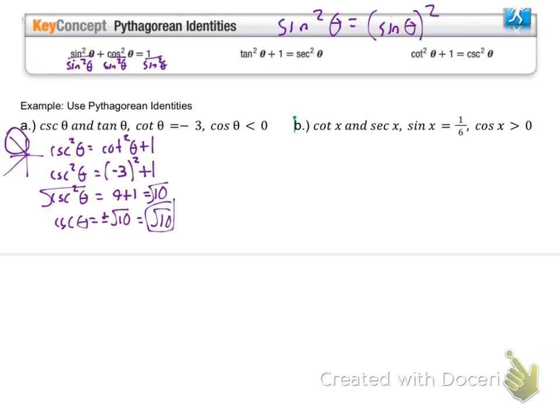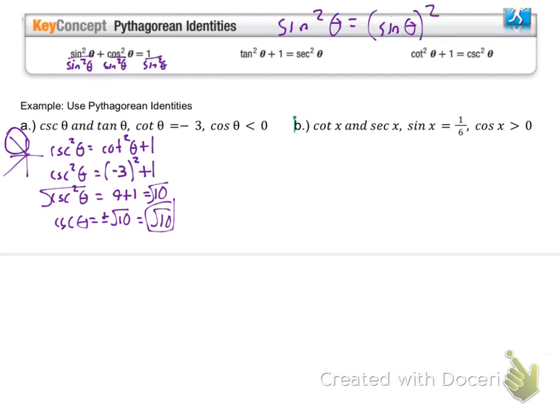I want to know the tangent. Now, this one's kind of interesting because if you know the cotangent, you just have to take the reciprocal and you get what? 1 over -3, or -1/3. That is the tangent. And it should be negative because I'm in the second quadrant, so therefore that's true. But if I wanted to show some work here,